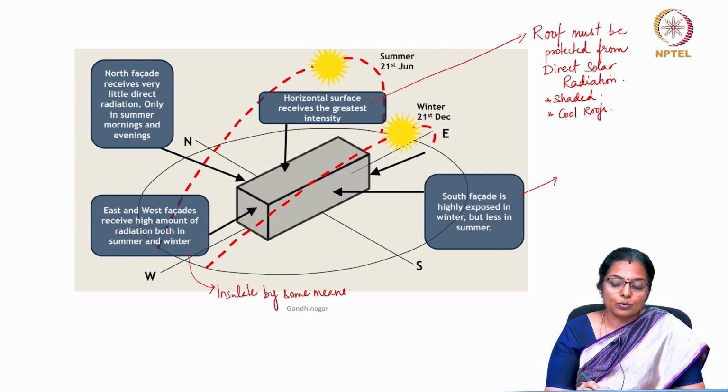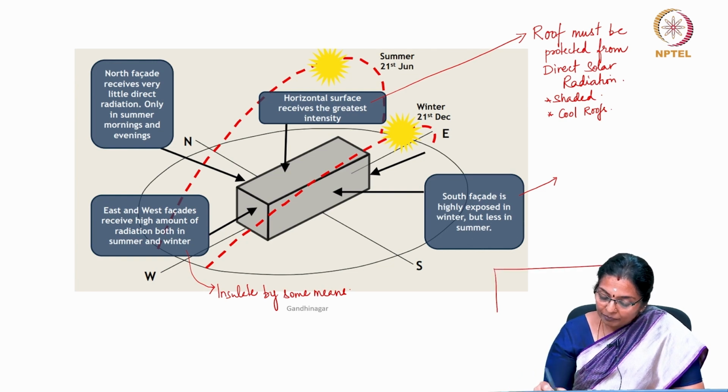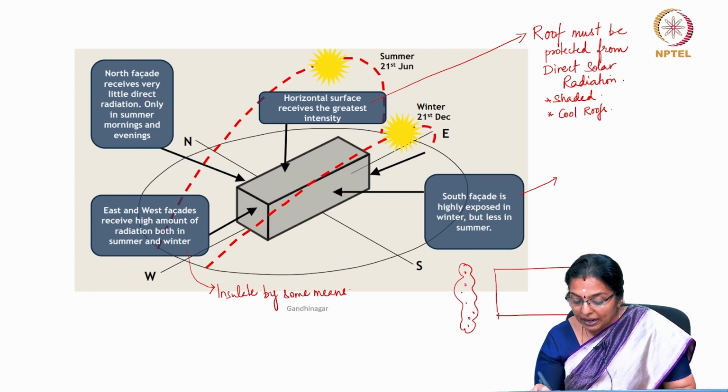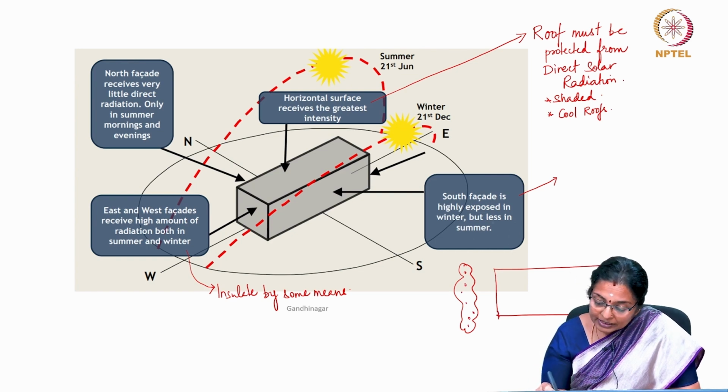What you need to do is, you need to insulate the east and the west facade either by means of vegetation or by means of separate shading device like a jali or a screen wall,